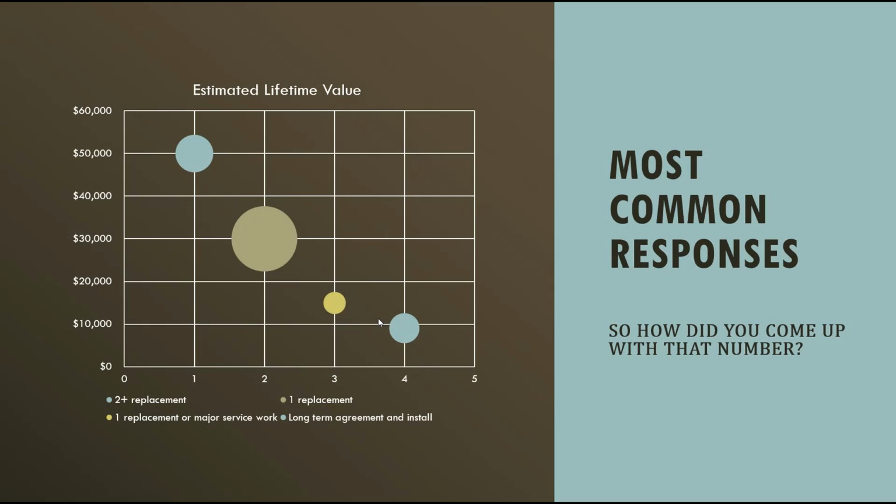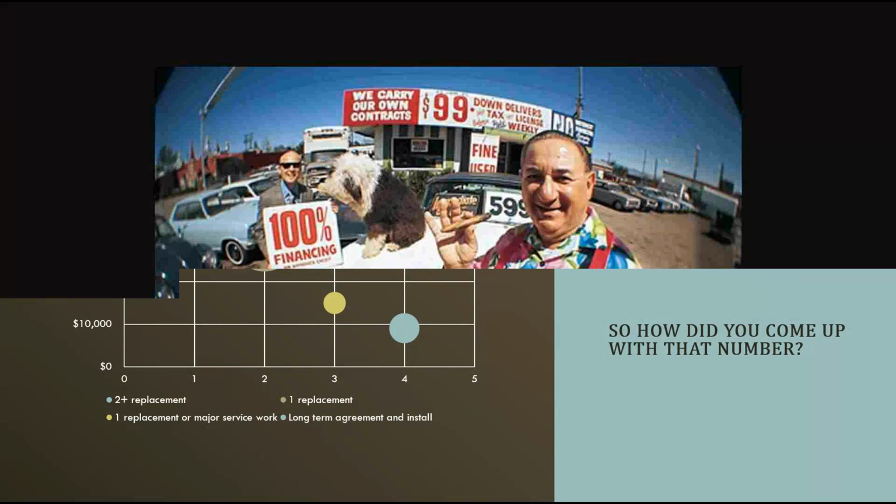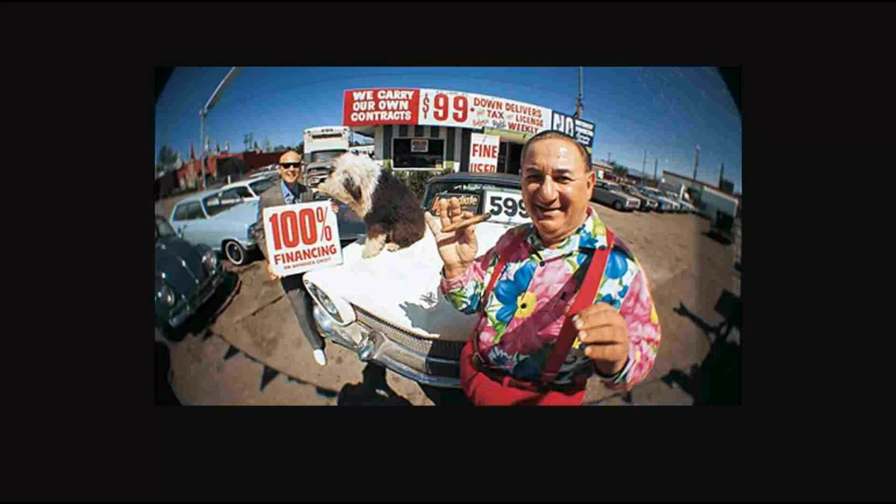Well, to get that answer, we're actually going to step out of the HVAC industry and walk into the car industry. We're going to walk into a car dealership and talk a little bit about the car dealership's fallacy. And the car dealership's fallacy is pretty simple. It's actually something they teach you when you become a car salesman: every time somebody walks into a car dealership, $100,000 walks through the door. Every new customer who walks in, every one of you salesmen should be chasing down, because $100,000 walked through the door.